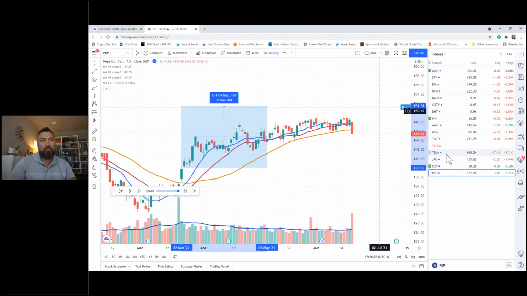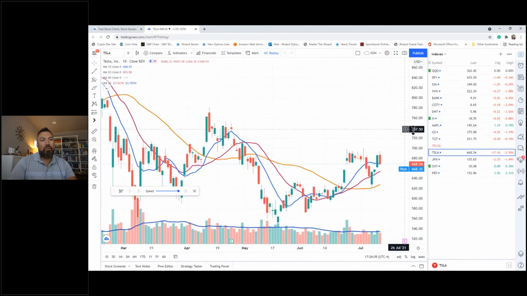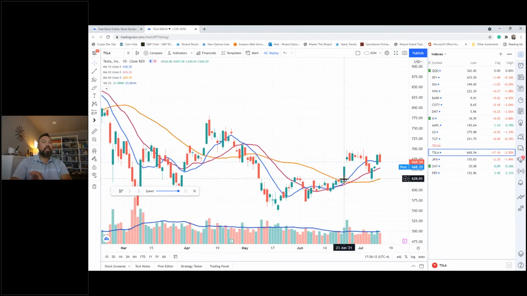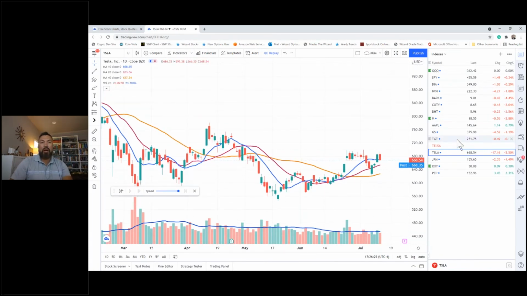You can do the same thing on Tesla, right? We had a nice reversal on Tesla back here, break up out of the 40 average downtrend on the 23rd of June. Okay, another test. See how this test held? Still an uptrend. Okay, and it makes it applicable and easy to understand. Now, how do we find it?